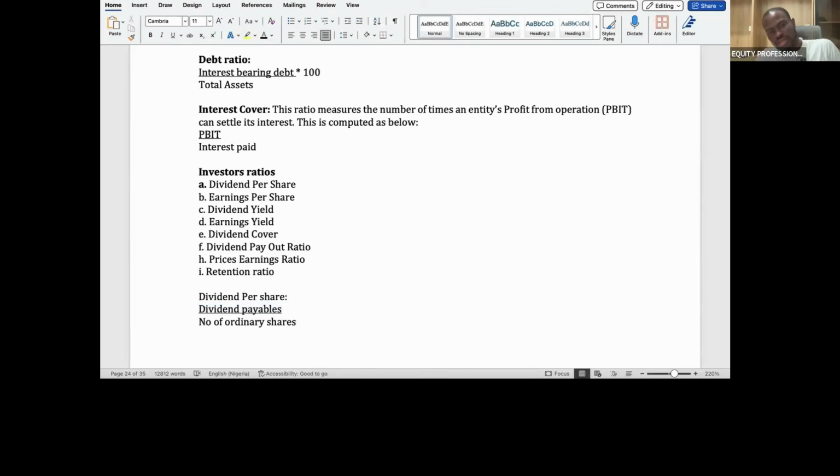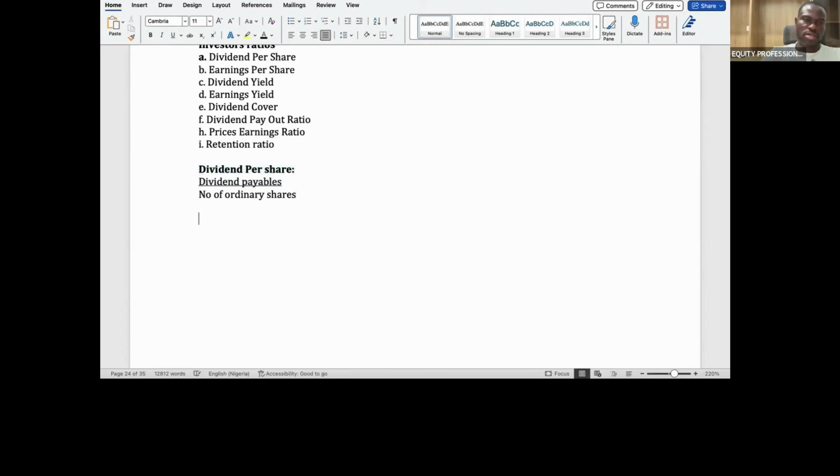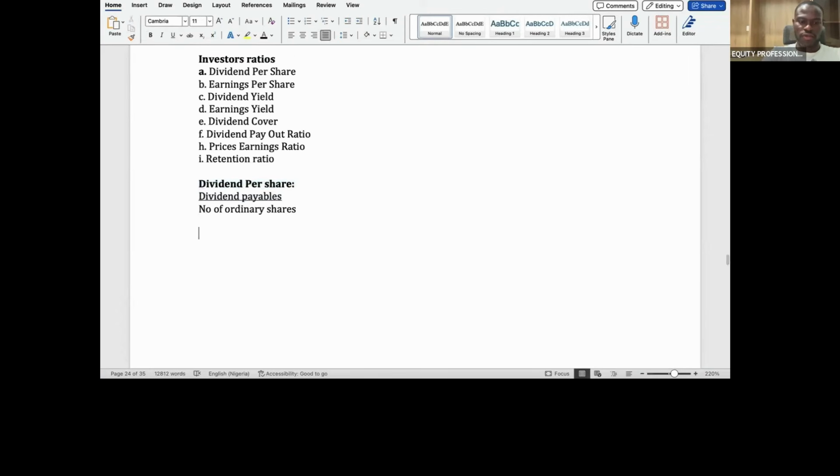Number of ordinary shares. This is dividend per share. Then we can also have earnings per share. And how do you calculate that? PAT, profit after tax, minus preference dividend, over what? Weighted average